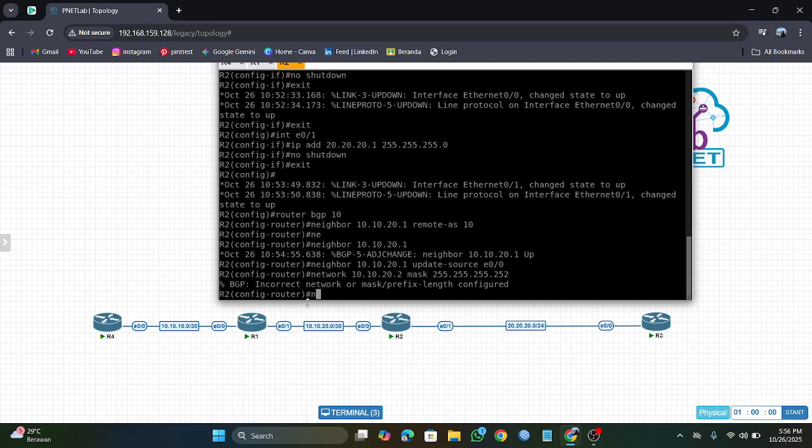you tap neighbor again, neighbor, and you tap IP here, this IP, 20.22, remote, remote AS 20, and enter,